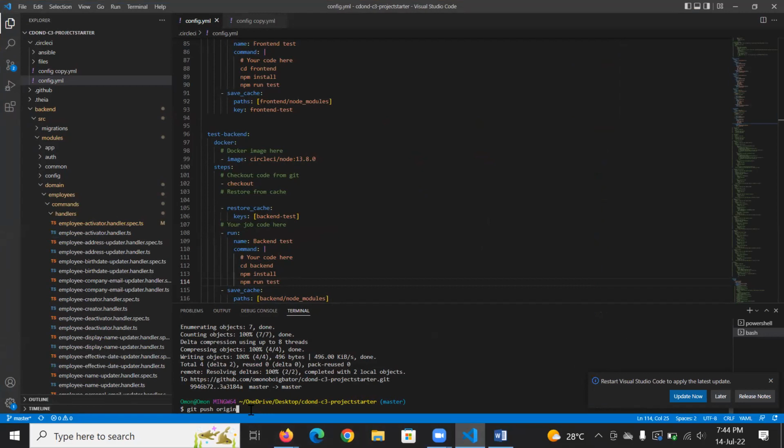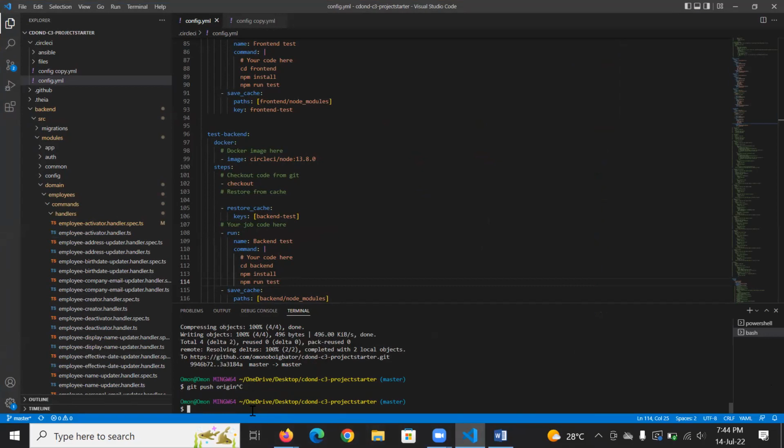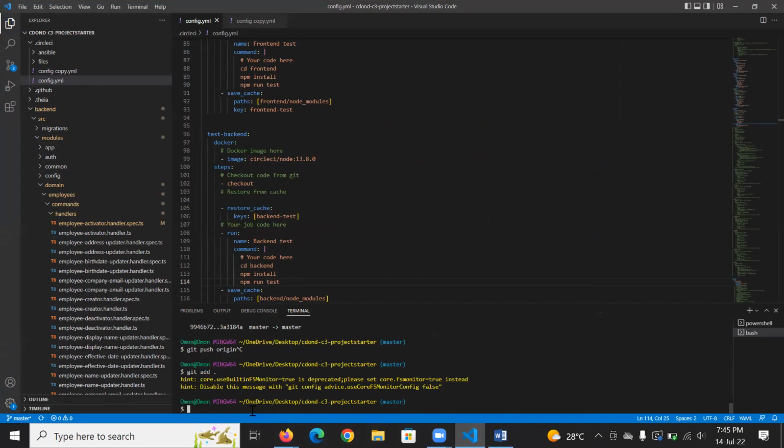It has frozen again. Let's try Control C. If it doesn't work, open a new terminal. But Control C first. Yeah, this thing is working. Okay, what task is this thing running underground? Okay, git add, then